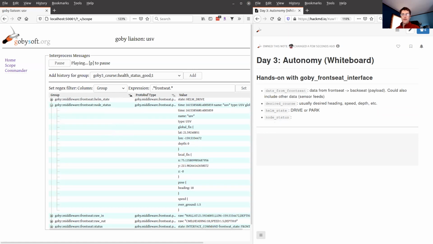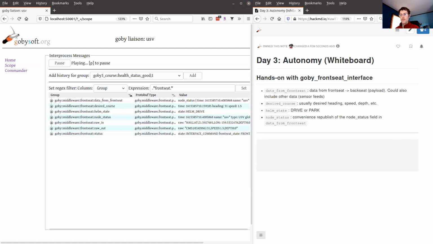This is really just a convenience republish of the node status field in data from front seat. So data from front seat can include things other than node status, and sometimes it doesn't even include a node status. So this is just a republish because it's such a common use. So many of the applications want to know this that it's just republished on this variable alone.